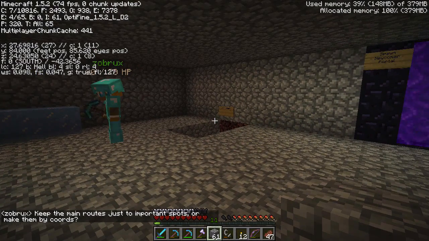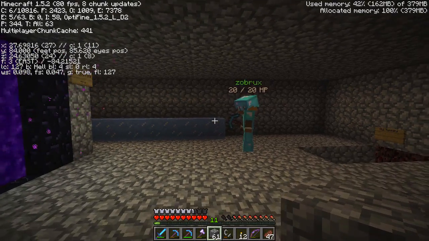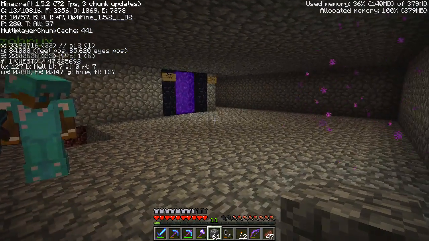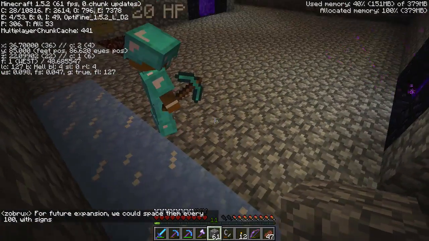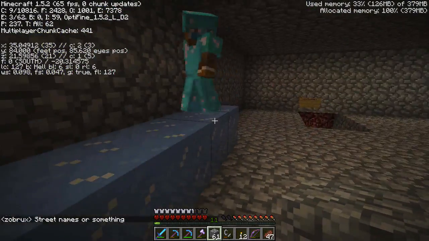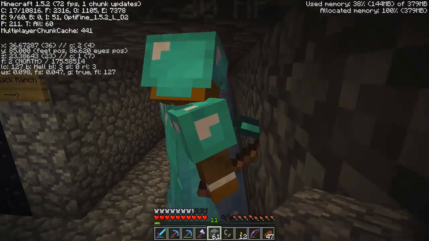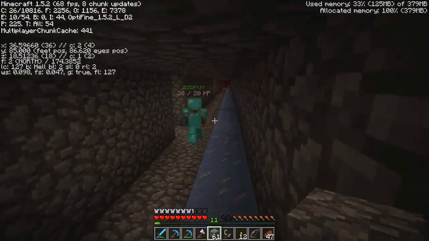Main routes just to important spots or make them by coords. Make them by coords how? Do you mean a big grid thing and you have to remember whether you're at 100 or 200 or 300? Oh, so putting inside things. Well, that sounds kind of cool. Let's see how far 100 is, even. Maybe I shouldn't even be concerned about that. We're at minus 25, so if I go to minus 75...